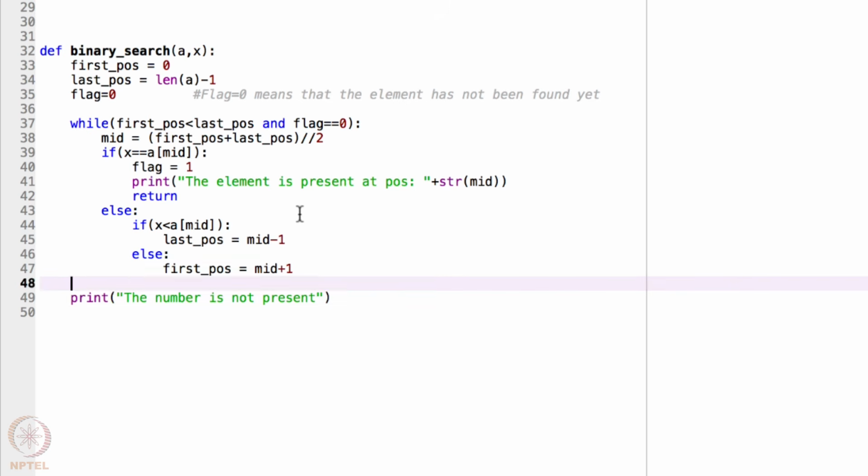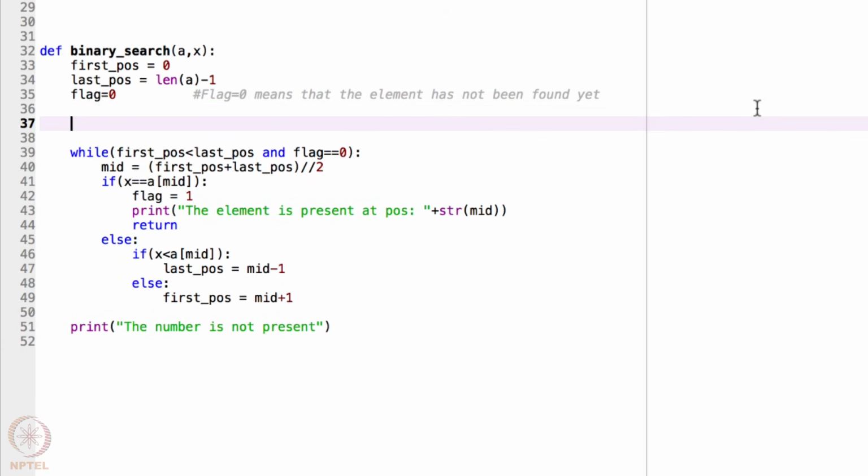That's it. Now, in the last function, the linear search, we were printing the number of iterations also, how many iterations it takes. So here also I would like to print the number of iterations it is taking to find this value x. So I will create a count variable, count, assign it to 0, and at every iteration of the while loop, I will